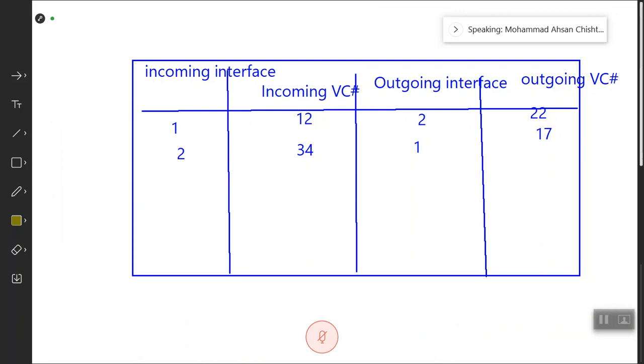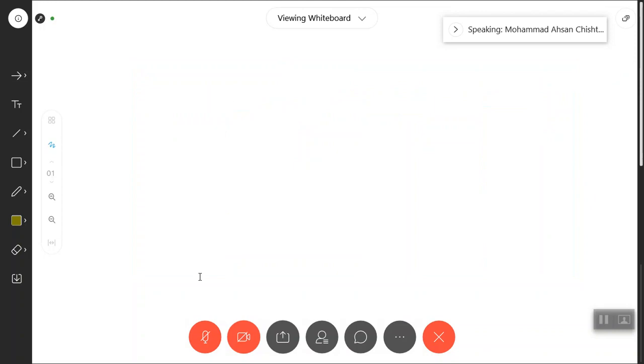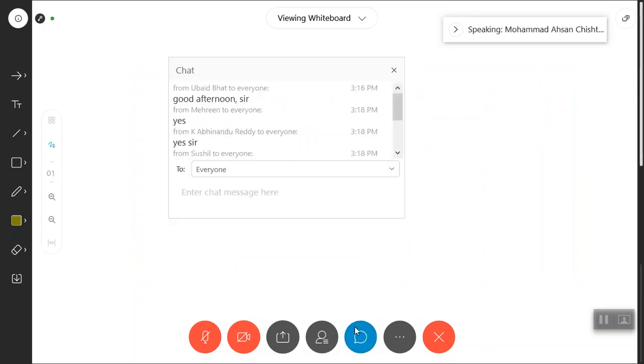And if a network employs virtual circuit switching, it must maintain state information for ongoing connections. What is the state information? State information involves all the details that are required for the virtual circuit. What are the intermediate routers? What packets have been sent, and what haven't been sent, and so on. This is virtual circuits. Any questions about virtual circuits? I hope you understand. The second part of our class is about datagram networks.